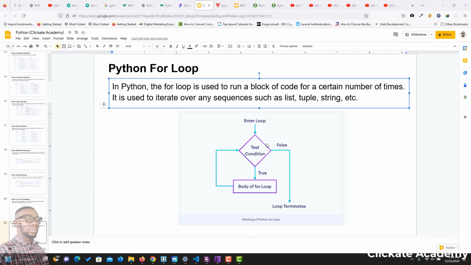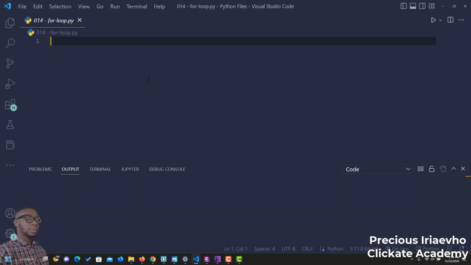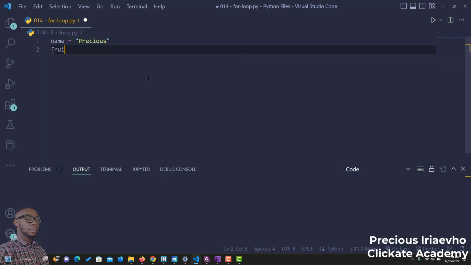Python for loop. In Python, the for loop is used to run a block of code for a certain number of times. It is used to iterate over any sequences, such as list, tuple, string, etc. Let's see this. Let's create two variables. The first one I would call, let's just call this name. Name is equal to precious. Then second, let's create a fruits list, and let's just list some fruits, probably my favorite fruits: